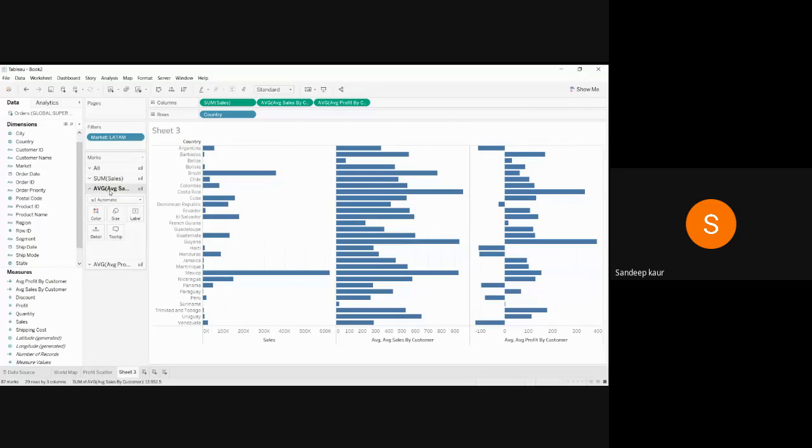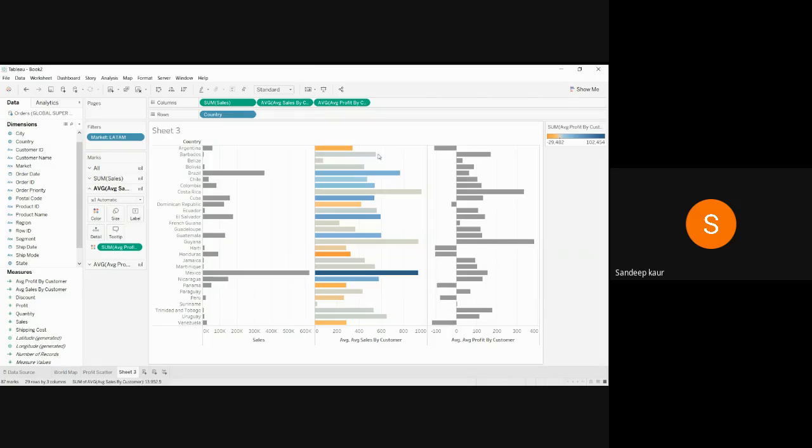We need to go to this average sales mark here, and here I'm going to select the average profit by customer, which is the level of detail expression we have just created. So I'm going to put this in color. Now we can see this chart is colored according to the profit, right? For different countries for a particular market. Okay, so if this chart is clear,